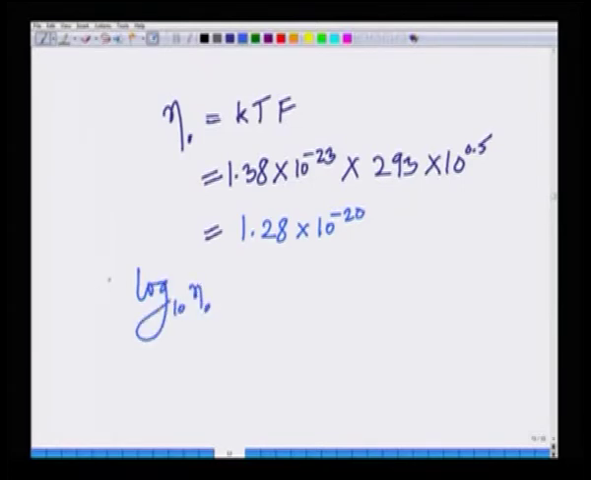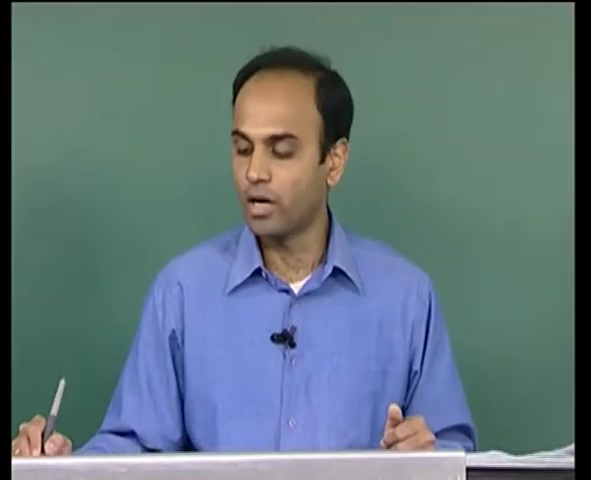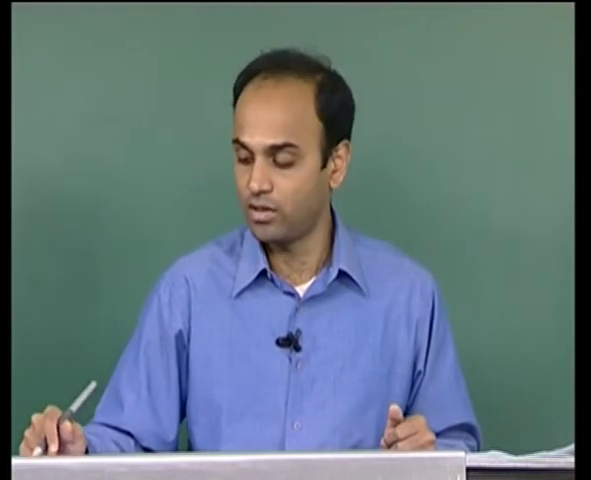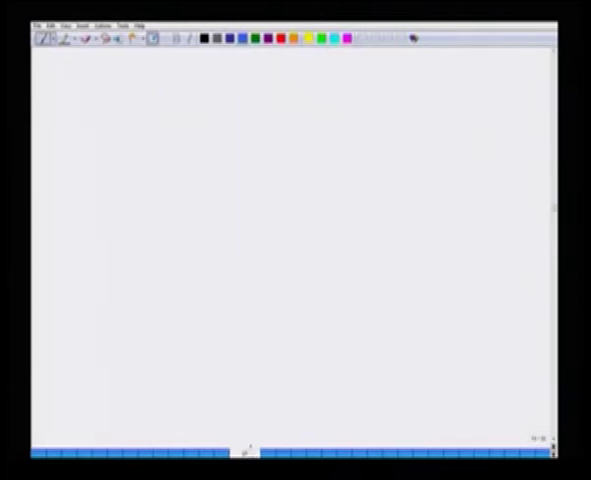Hence, 10 log 10 of eta naught is nothing but the noise power spectral density in dB, which is minus 199 dB watts per hertz. Remember, this is a power spectral density, so it has to be in watts per hertz. Further, we are taking the dB, so this is in dB watts per hertz, that is minus 199 dB watts per hertz. And now, we also said that the noise power